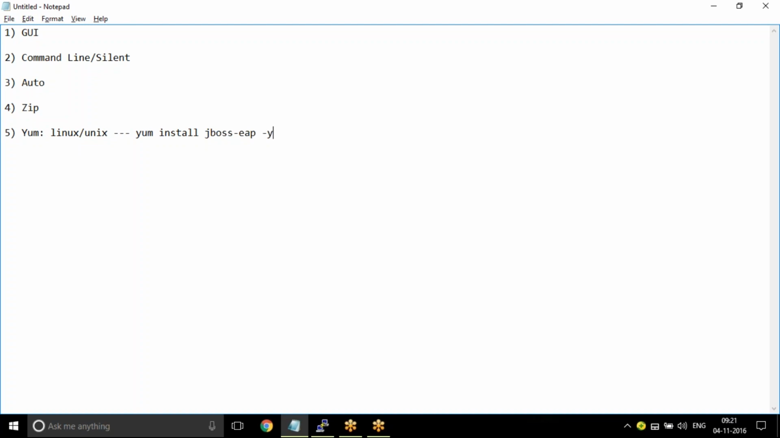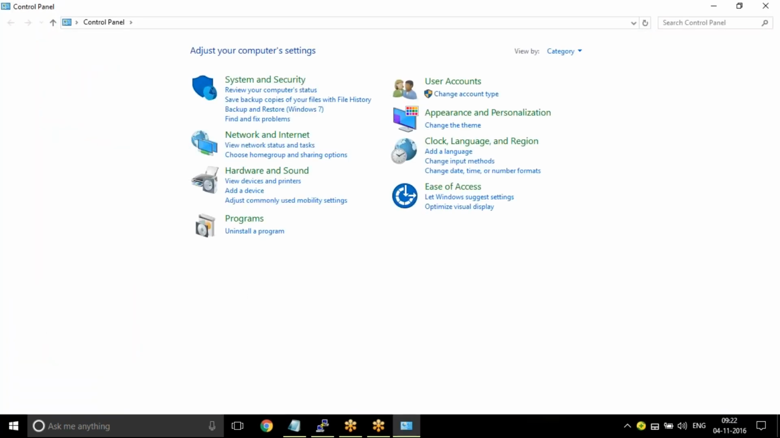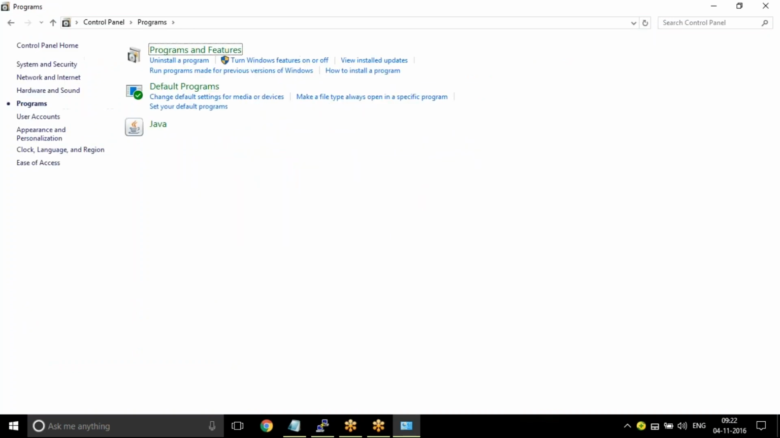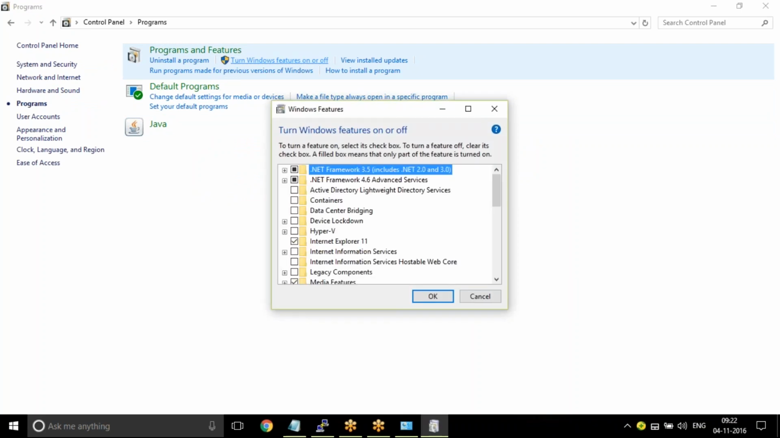Shiva, I'm not clear. Can you explain me more? Very simple. We all know about the control panel. Under the control panel, if you go there, do you see this one? Turn Windows features on or off. Everyone able to see that? Okay. When you click on this, let's say if you want to do a telnet,